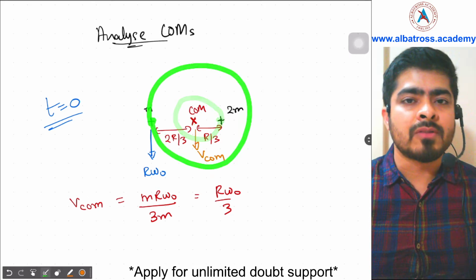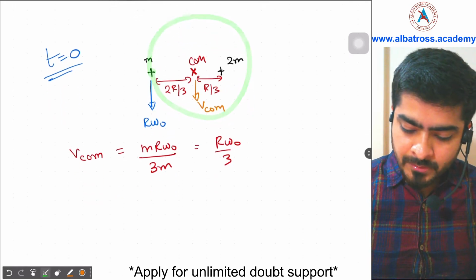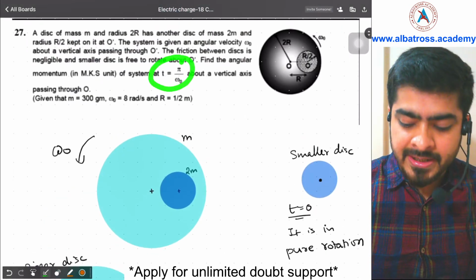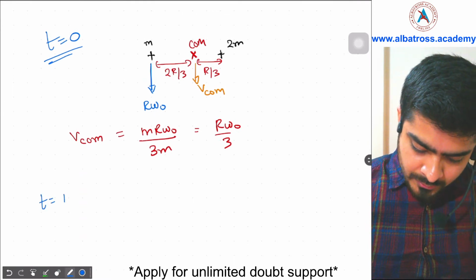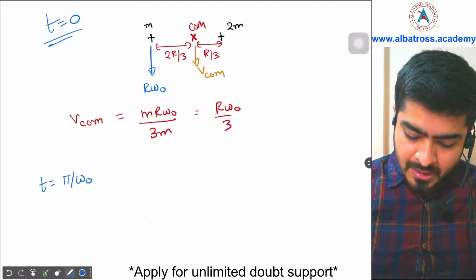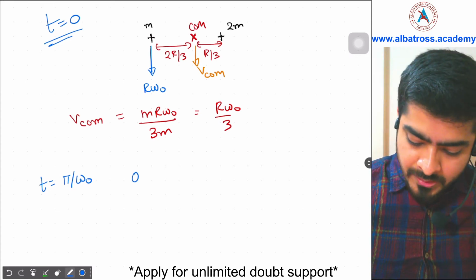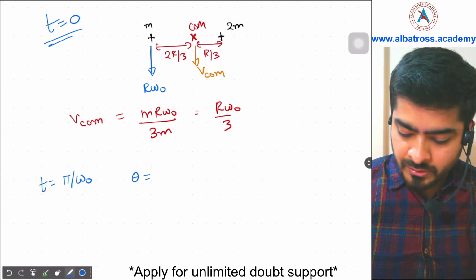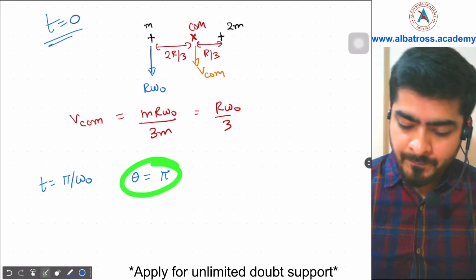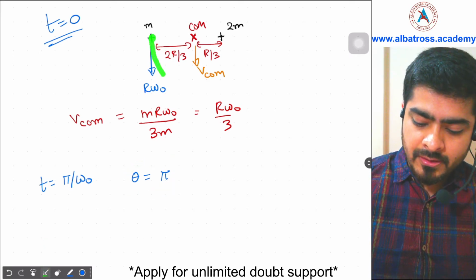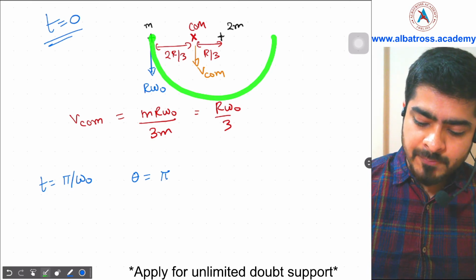So about the center of mass, this point will follow circular motion and this point will also follow circular motion like this. Now we come to the part of the question where they are asking what happens at t equal to pi by omega naught. At t equal to pi by omega naught, the system would have rotated by how much angle? Theta will be omega naught t, and that will be equal to pi. The system has rotated by an angle of pi. That means this point will reach this side and this point will reach that side.